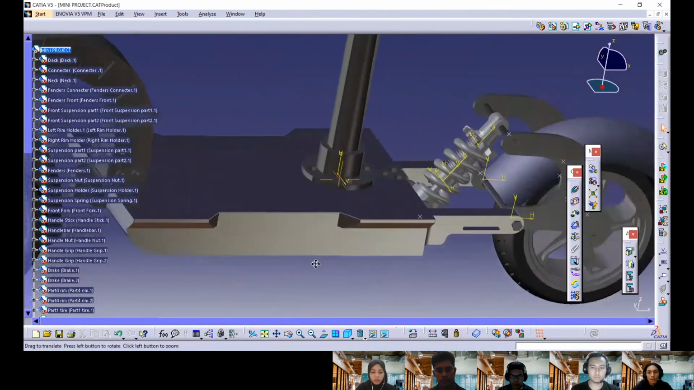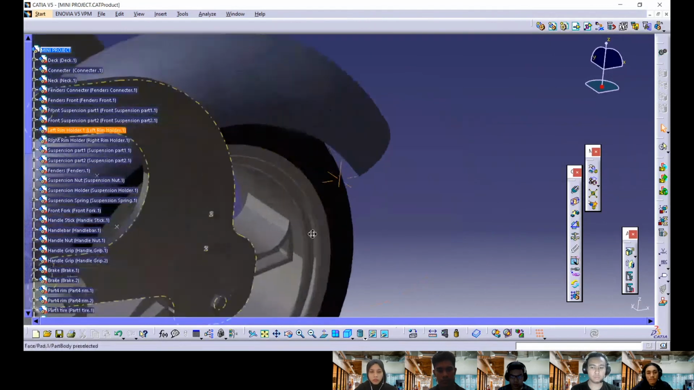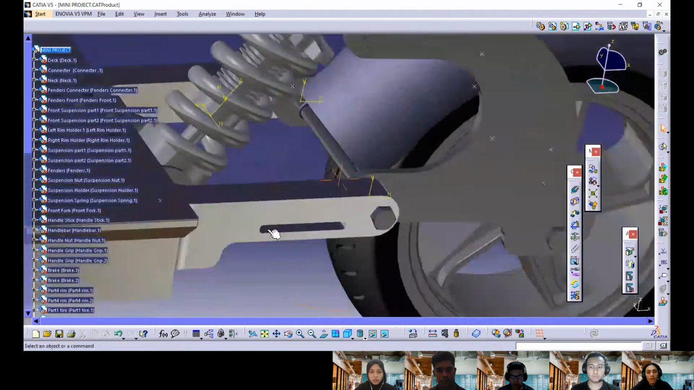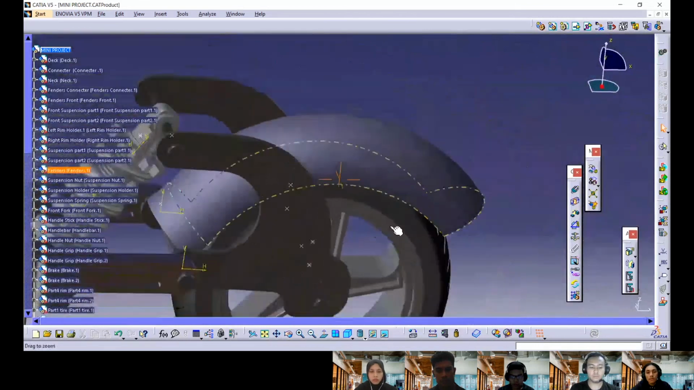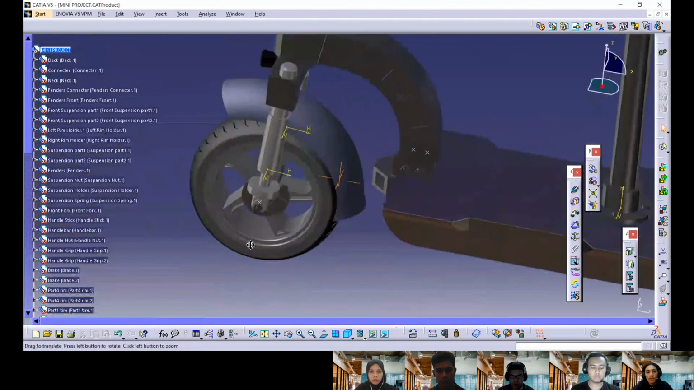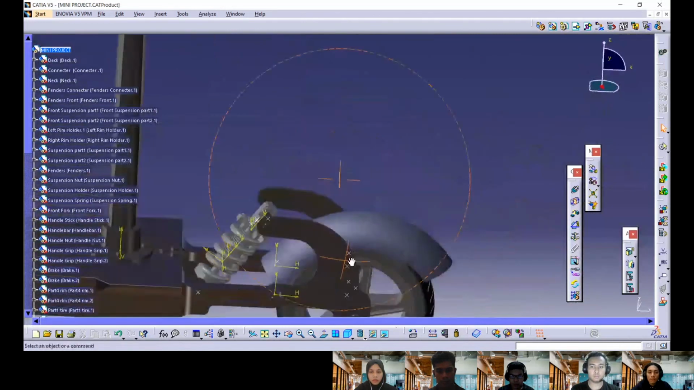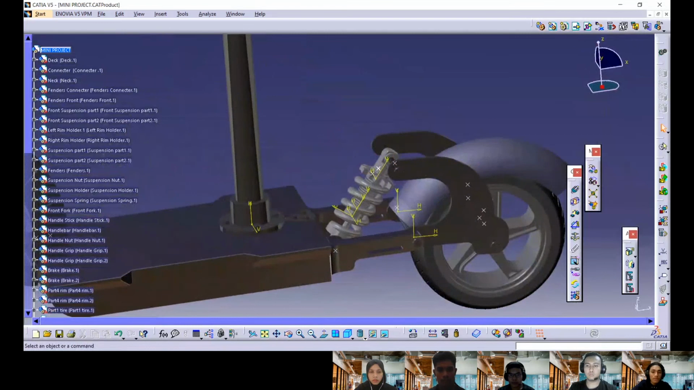So next we have our mudguard, the rear mudguard. I have done this drawing. So it has two, so it can protect from the front and at the back. So next, for the innovation part, which is